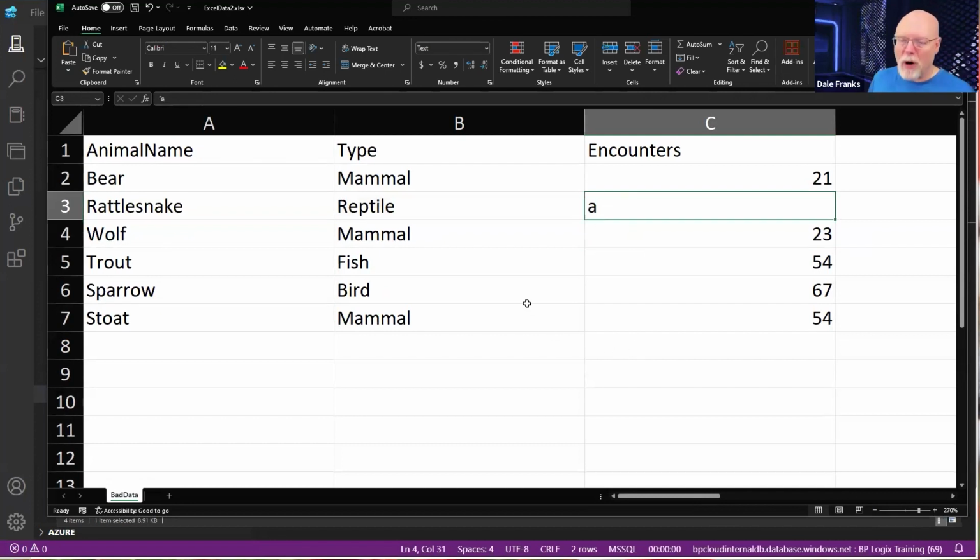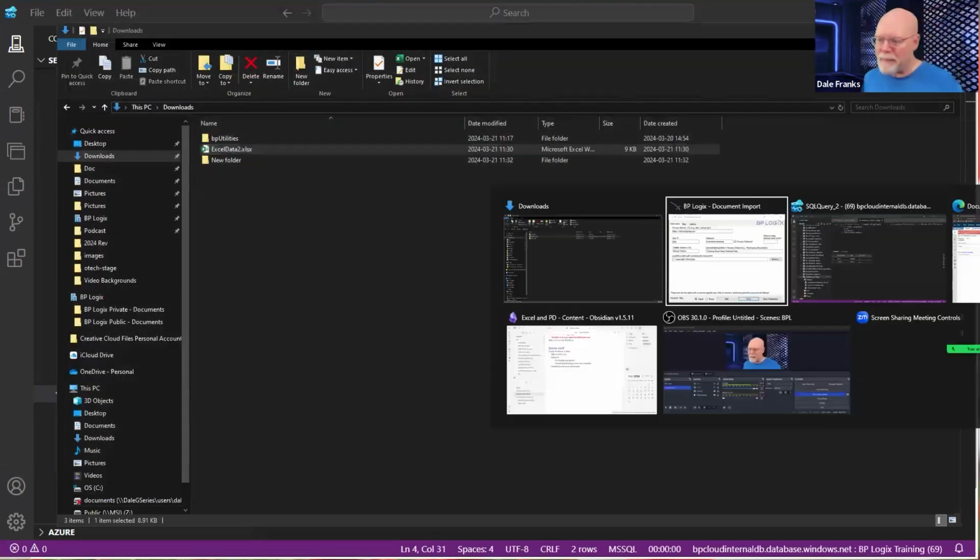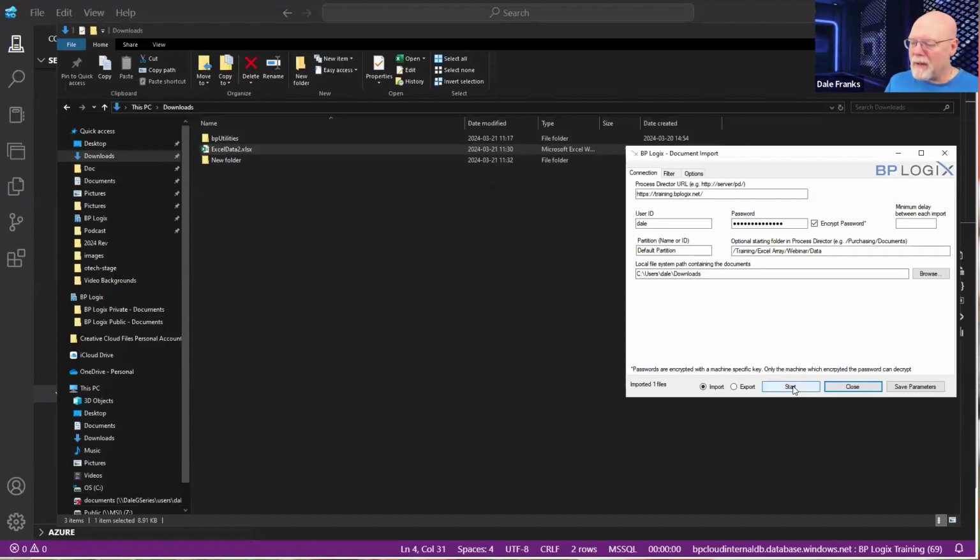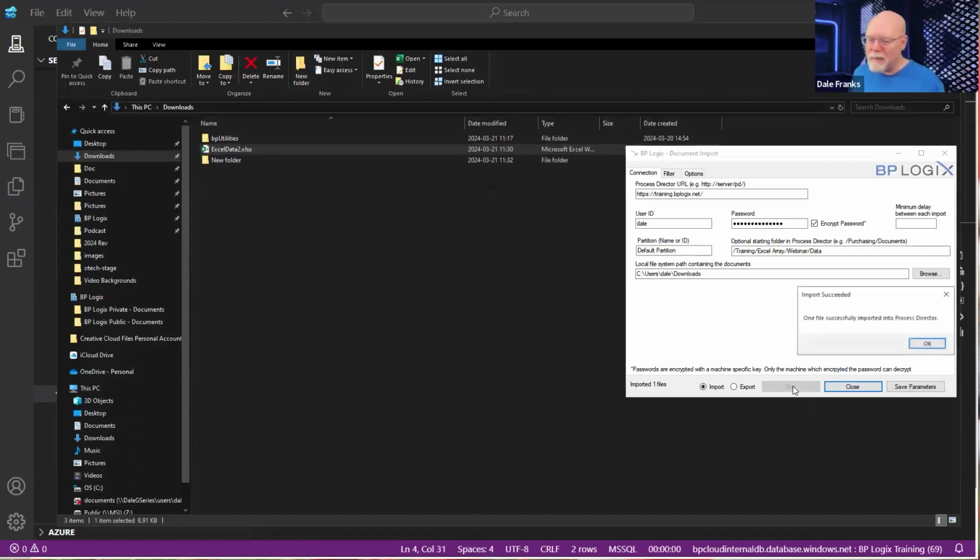Our bad row is now on row 2. So we will save and close that, go back to BP import and run it again. Hey, 1 file successfully imported into Process Director. By the way, this is true. 1 file did successfully import into Process Director.